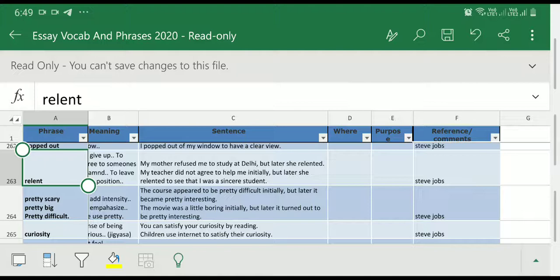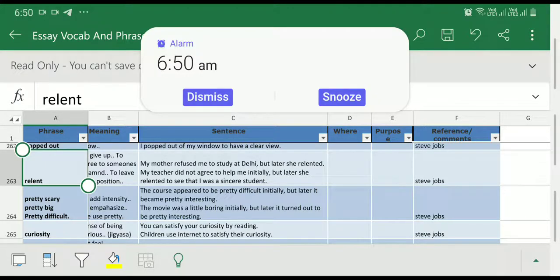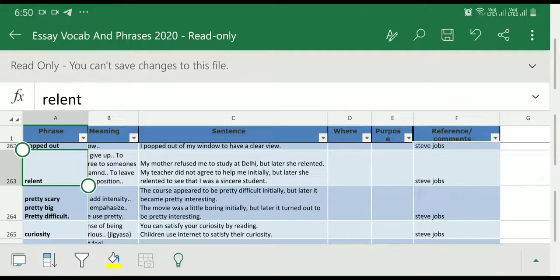कोई पे एक पोजीशन लेके रखा हुआ था और फिर उस स्टैंड को छोड़ दिया जब आपने बहुत ज़्यादा जिद किया. So my mother initially told me not to go to the movie, but later she relented and allowed me to go to the movie. So relent is that word.